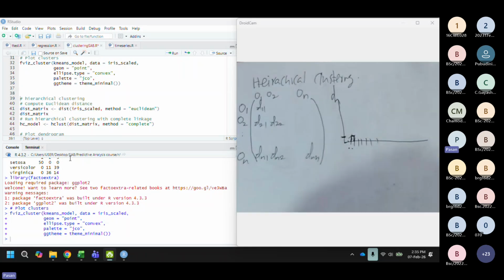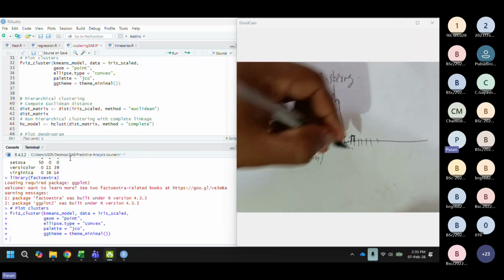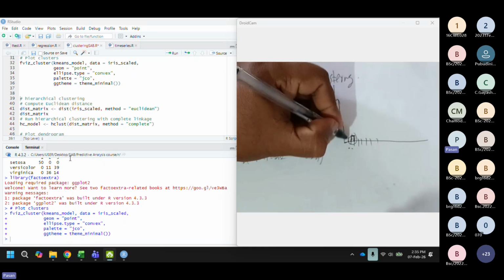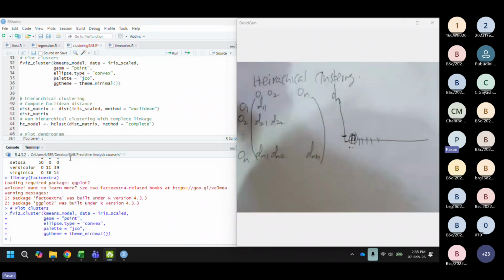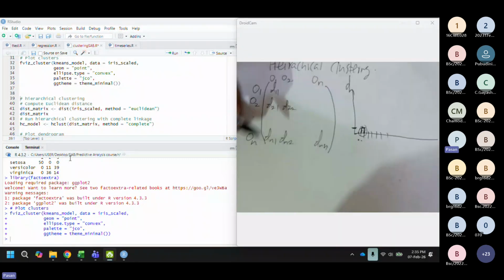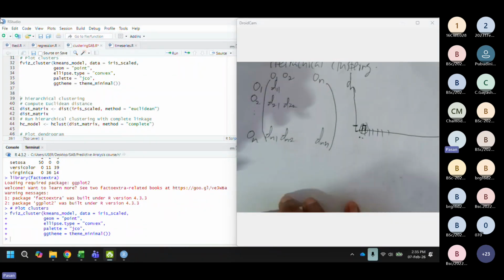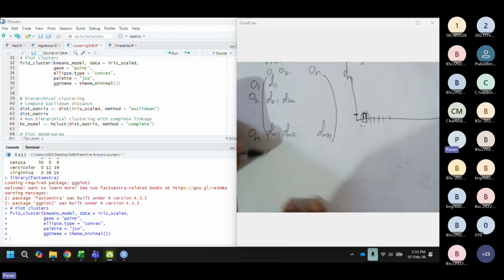These are the two closest ones that we have. By taking these two as one cluster, now I can create this matrix again. For example, if I draw some table here,